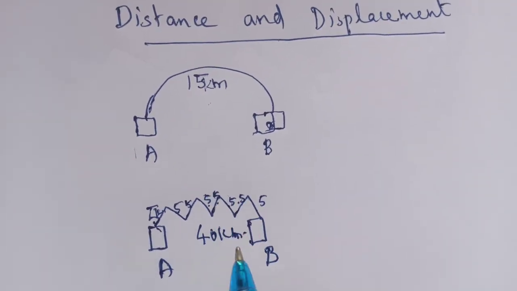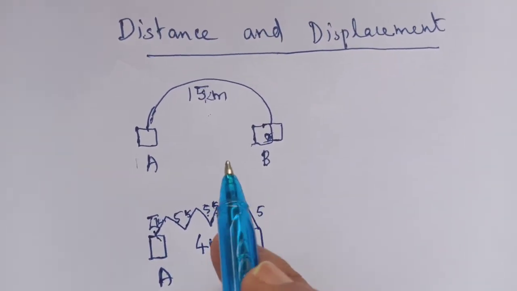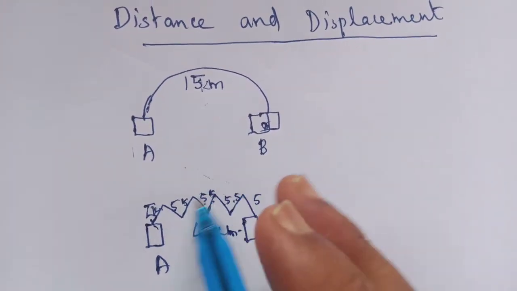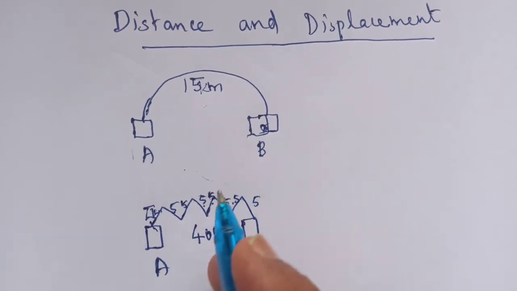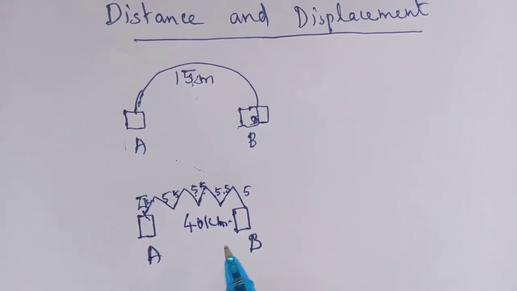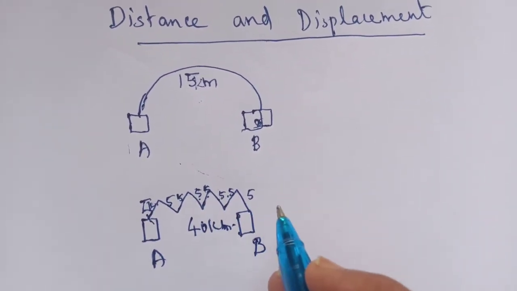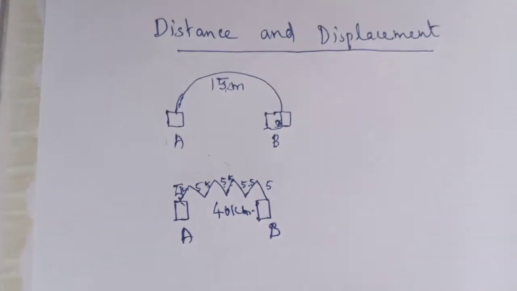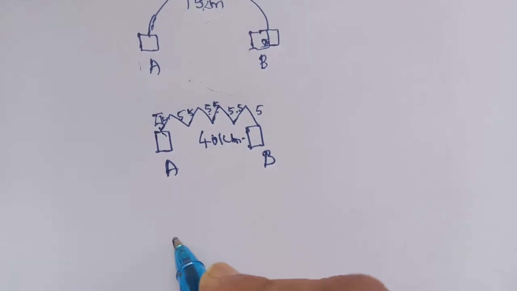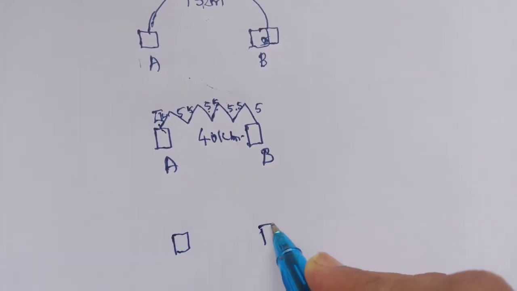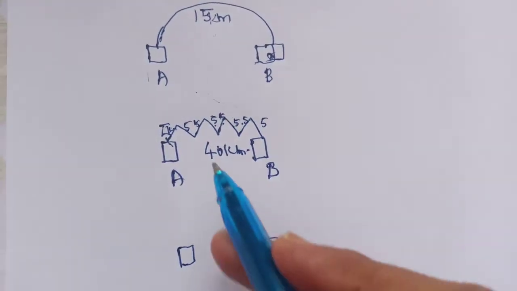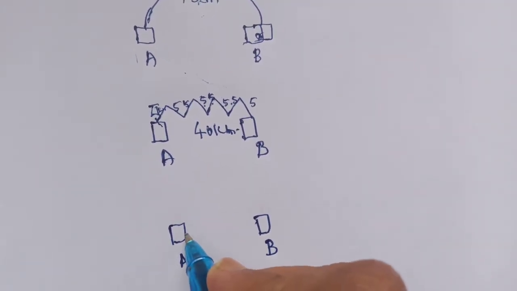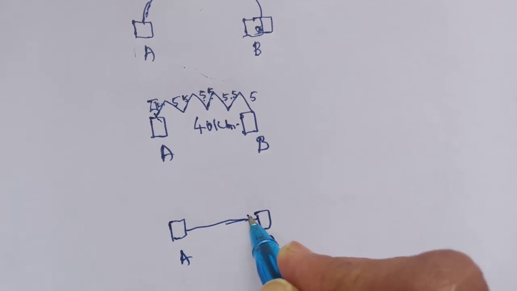These two pictures will define the distance you are going. Distance: one person took 15 kilometer, another person took 40 kilometer, because he is going by zigzag way, not direct way. Then if a person is going from A to B, same distance apart, and he went only the direct way,